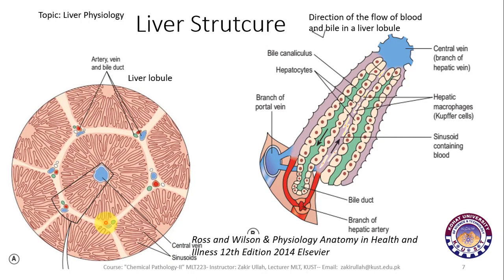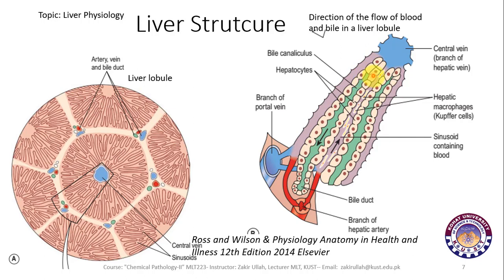This is the cross section of the liver. This is one lobe of the liver. In this lobe, here is the central vein, and we can view this section here. So this is the central vein of the liver. Along with the central vein, this is a bile liver plate, as we have discussed in the previous slide,